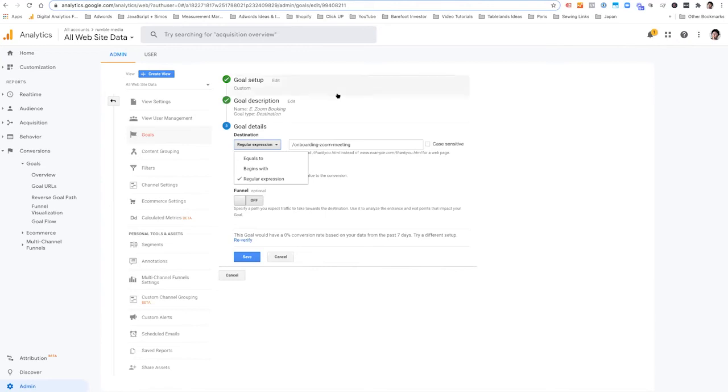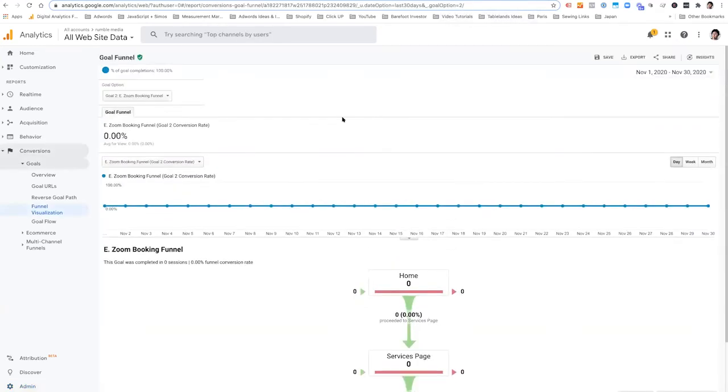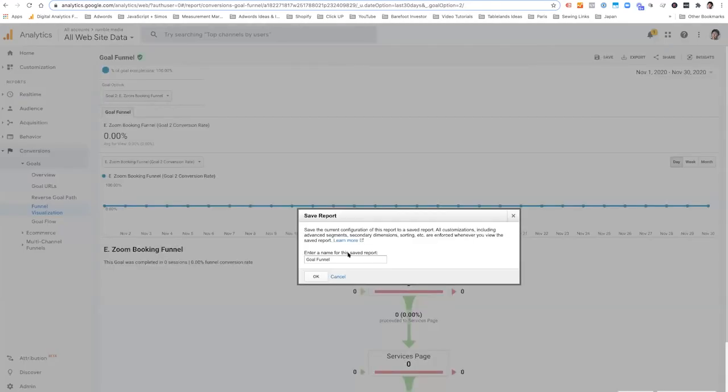And then what I would do when I have this built out like this, and it's really good if you're not doing analytics all the time to do this, is that I would come up here and hit this save button and save that report. So I'll go Zoom goal funnel and press OK.